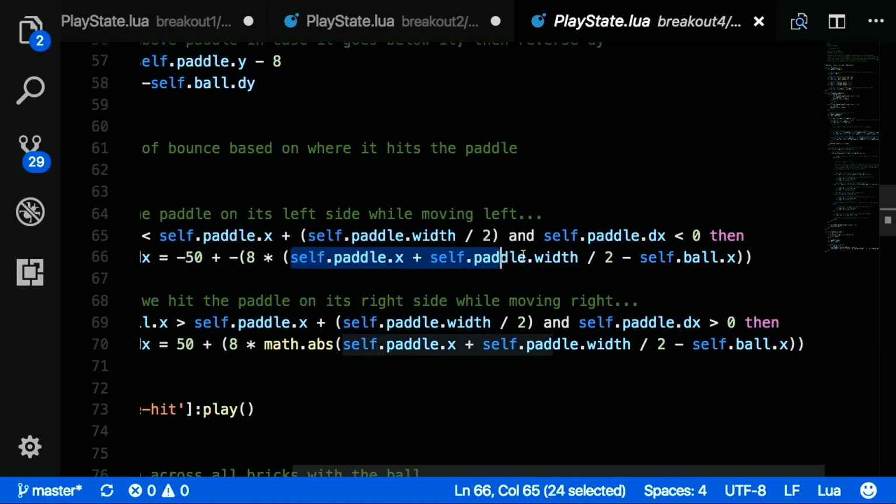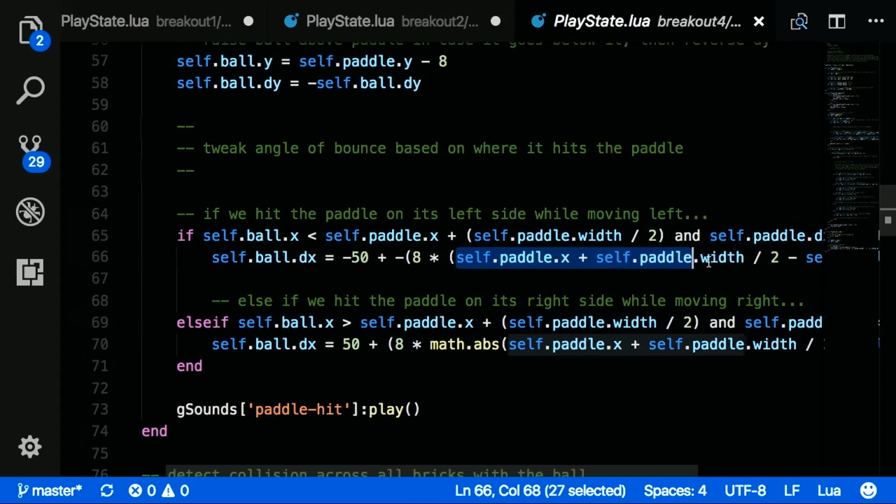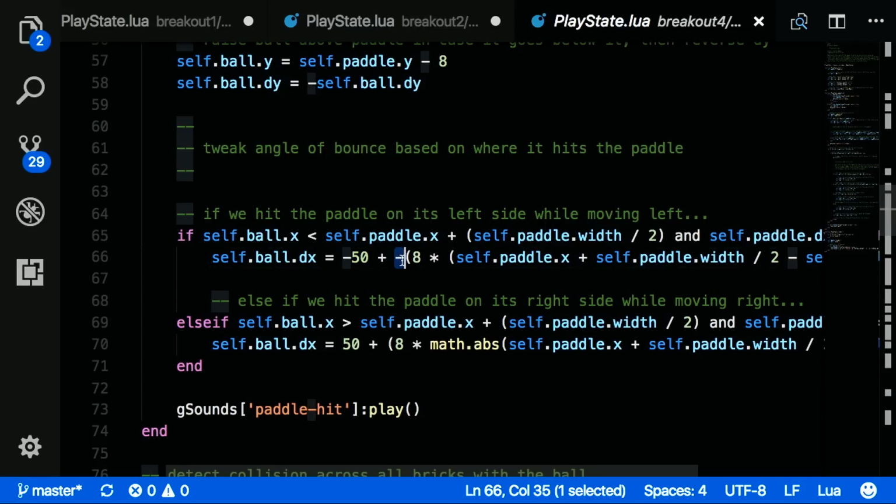And then we're just going to subtract the ball's x from the middle point of the paddle, and then just multiply it by 8. So whatever the difference is between the ball's x and the middle of the paddle, multiply it by 8, add it to -50, and then negate that whole value so that the whole entire value becomes negative. And we therefore get a sharper delta x depending on which angle it's come in at, and also whether or not we're moving left. And it's the exact same thing on the right side,